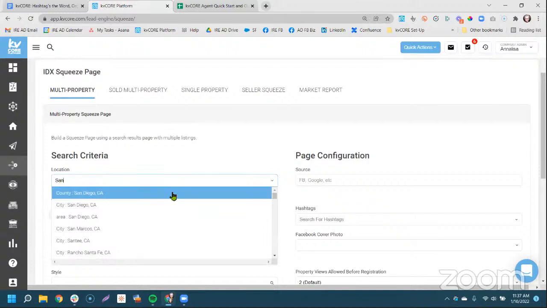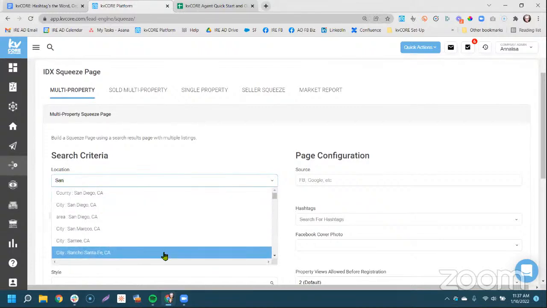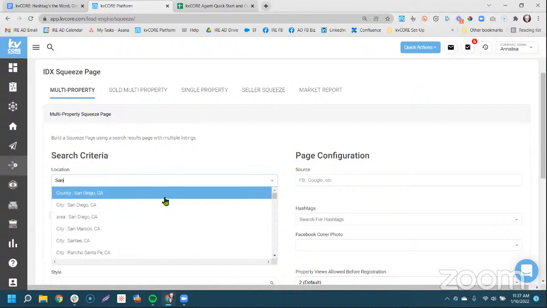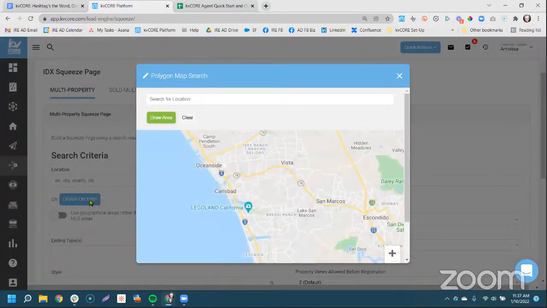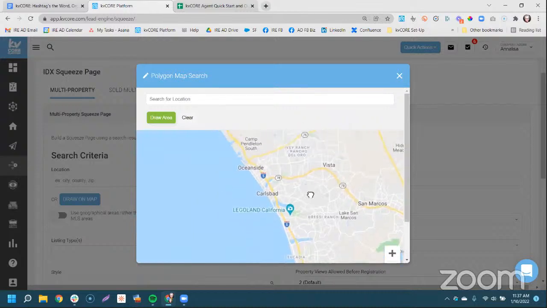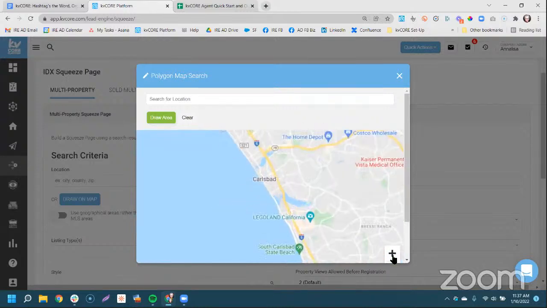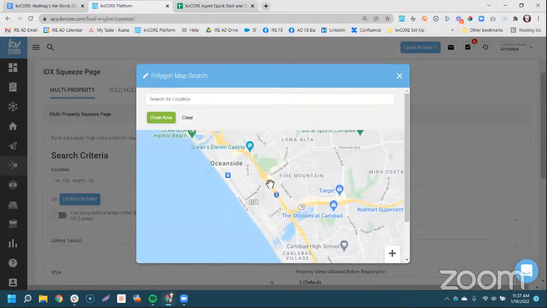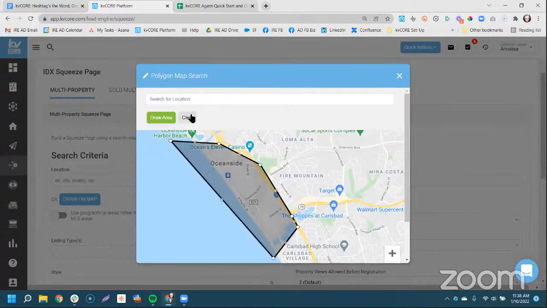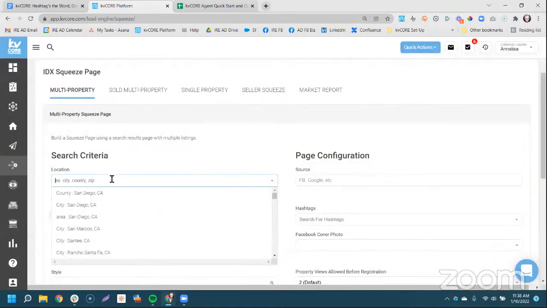I could say I want to see everything in San Diego County or the city of San Marcos or Santee, what have you. It can be a county, a zip code, an area, a neighborhood. You can even go in here and draw on a map of a specific area to see specific listings. So if you want to look at this and be like, all right, well, I want everything in Oceanside from the casino or this beach down to Carlsbad, you could click in here and just draw right along the freeway and pull all of the listings within this section. Or you can put in the areas here.